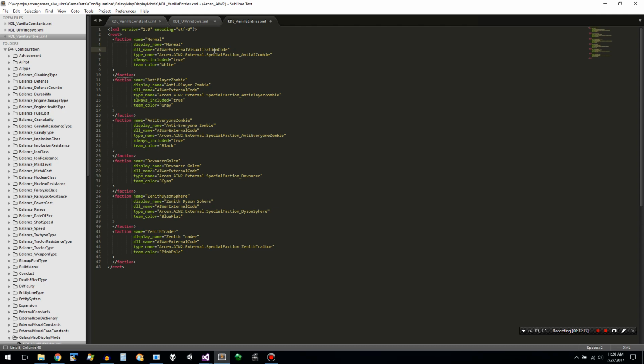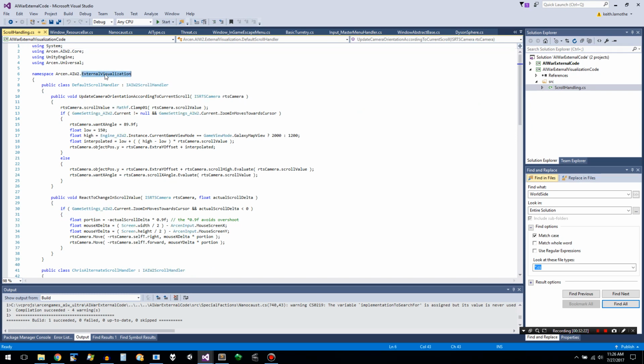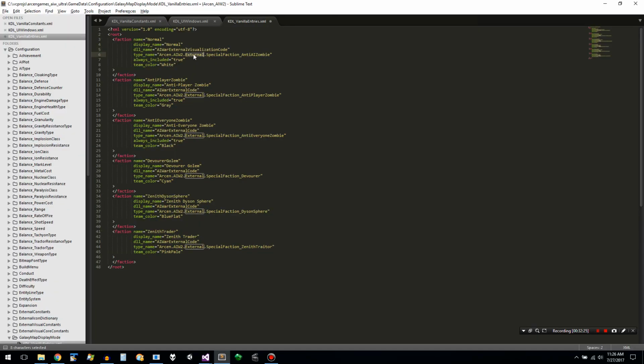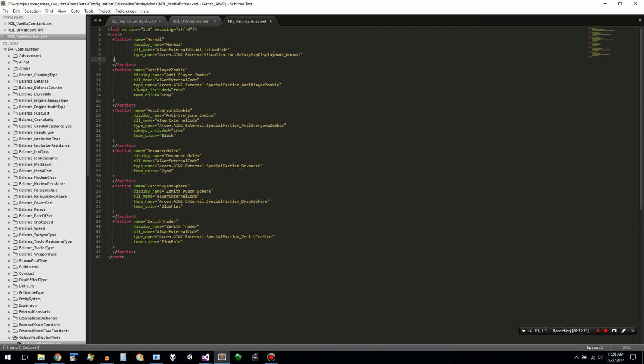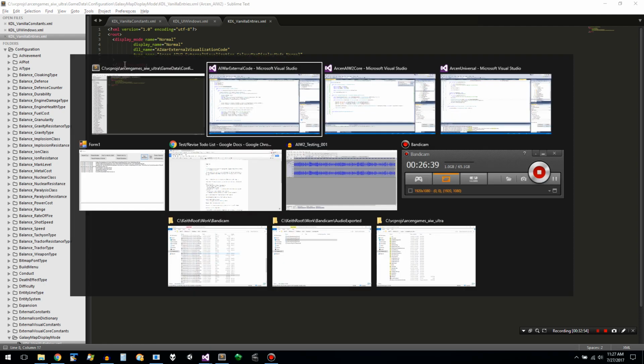So, what namespace am I using there? Okay, that. Galaxy Map Display Mode Normal. And the names of these, like the type of that element doesn't really matter, but I'm going to do it anyway, because that is my particular mental pathology. Alright, so